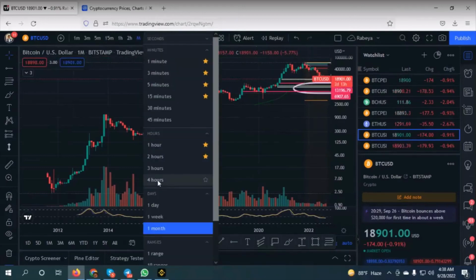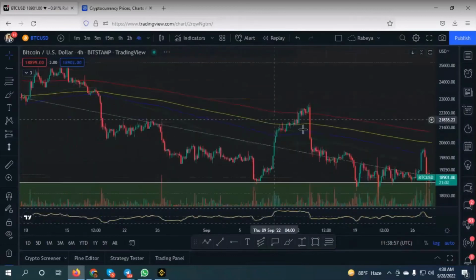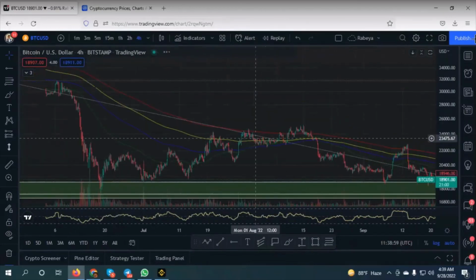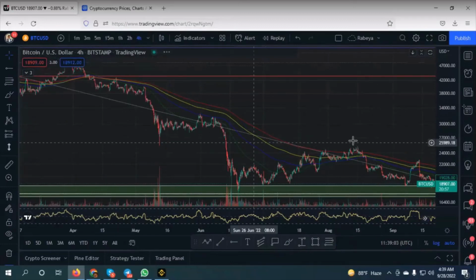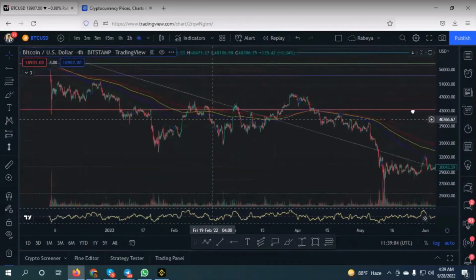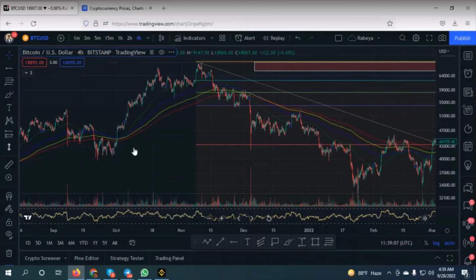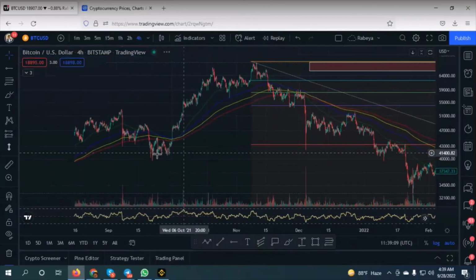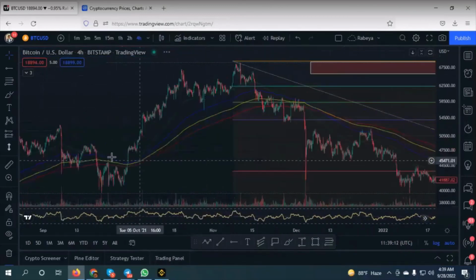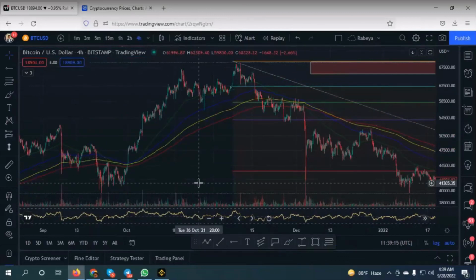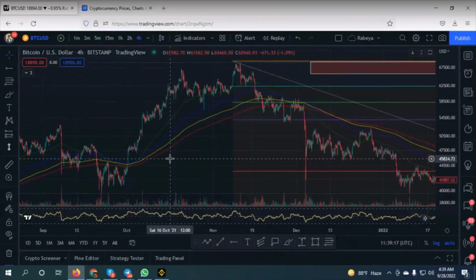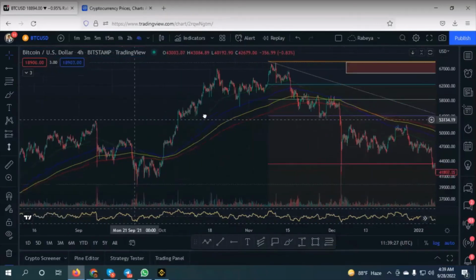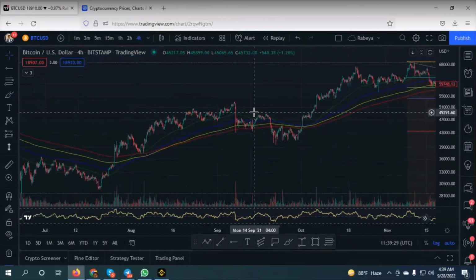We can see the 4-hour market, and I will give the picture in my video. So try to accumulate your Bitcoin in spot, no futures trading, because the market will be too volatile when it goes under $12,000. Okay,